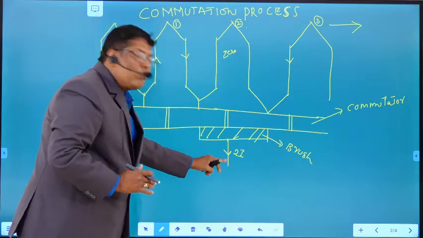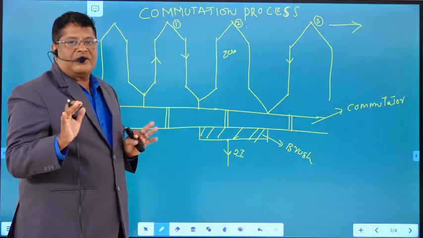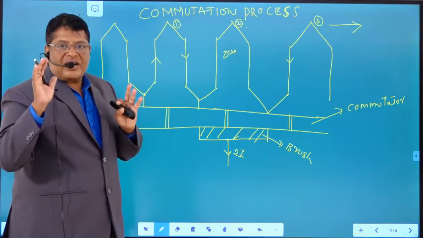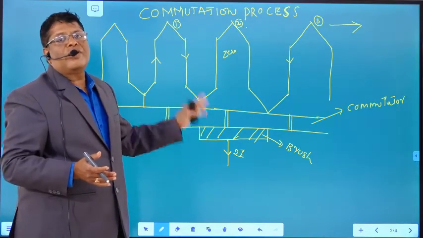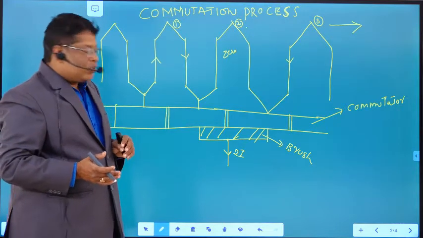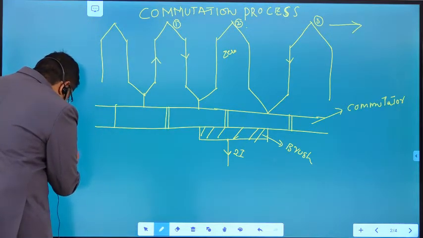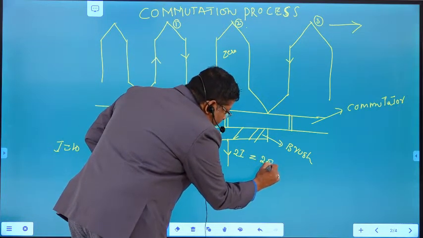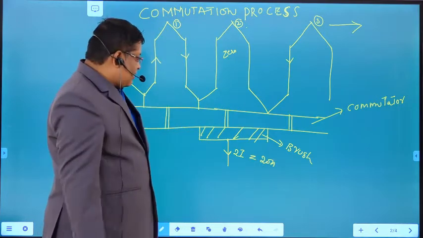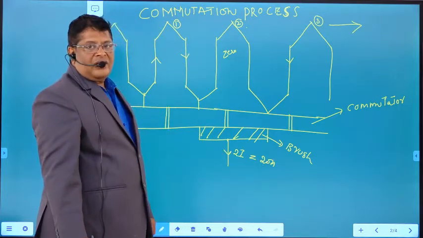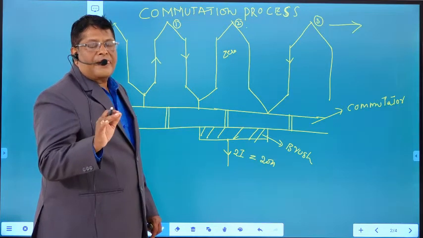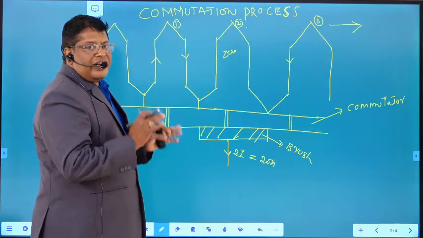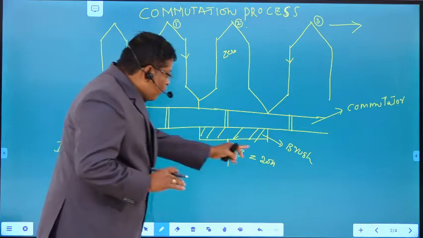See, this load requires a constant current. In this case we are assuming that the load requires 2 amperes. If you take the I value as 10 amperes, then this value becomes 20 amperes. The load demands 20 amperes of current unless you change the magnitude of the load. We are assuming that the load across the generator is constant. It is taking a current of 20 amperes.